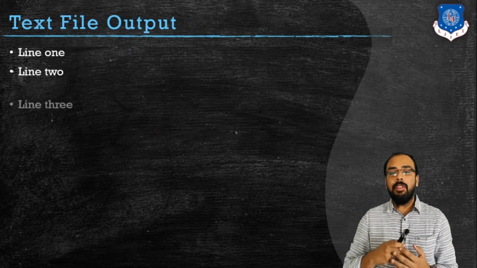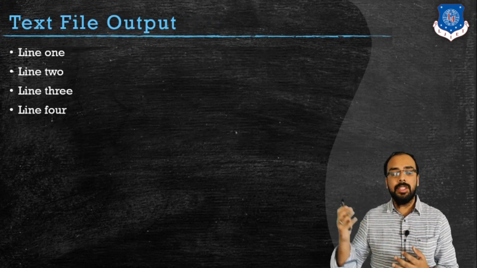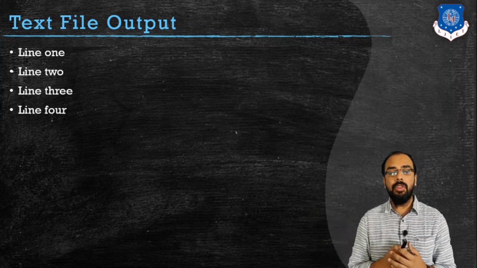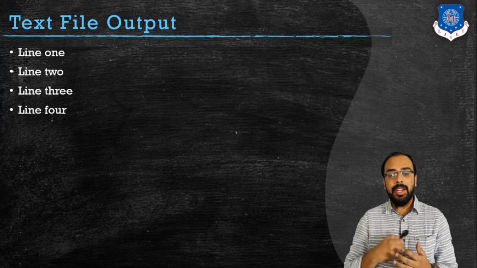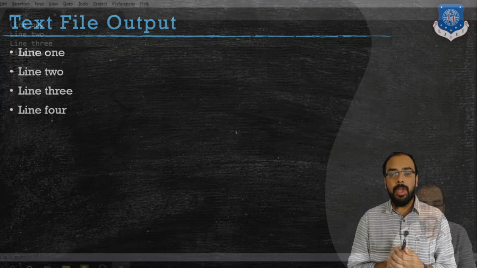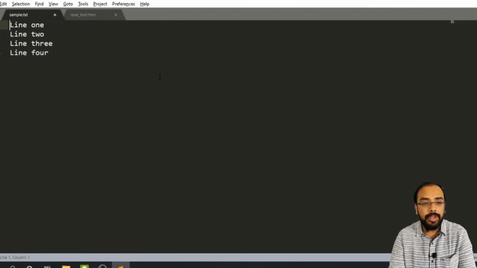For example, our file name was sample.txt. Inside this there were four different lines: line 1, line 2, line 3 and line 4 respectively. Now let us understand the code of how to read a text file inside an HTML using jQuery. Let us consider an example of reading text file data into our HTML document. First we have created a text file named sample.txt, which stores a few lines: the first line stores line 1, the second line 2, the third line 3, and the fourth line 4.